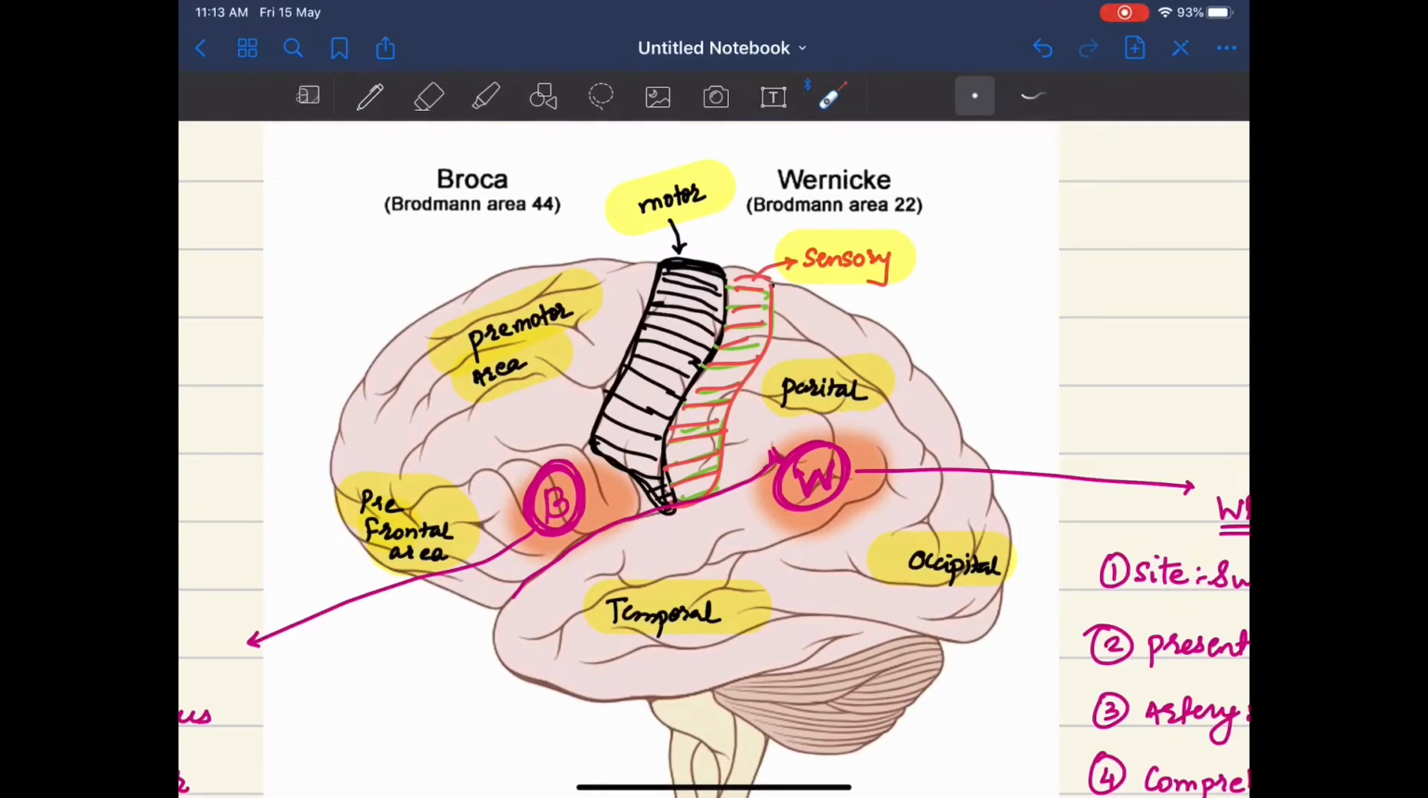Sorry. So Broca's is Brodmann's area number 44, while Wernicke's is Brodmann's area 22. This is your motor cortex. Okay, this is the central sulcus which is there. And this is the sensory area. This is the premotor area. So this is the motor area, then in front of it is the premotor area, while in front of the premotor area is